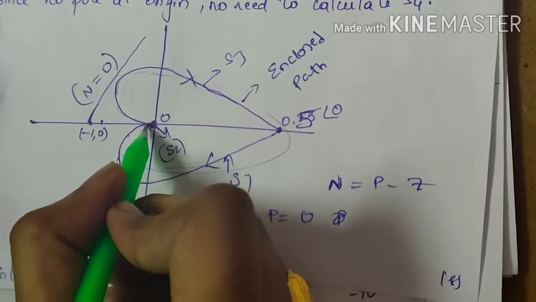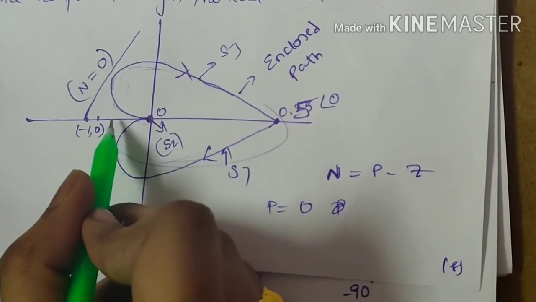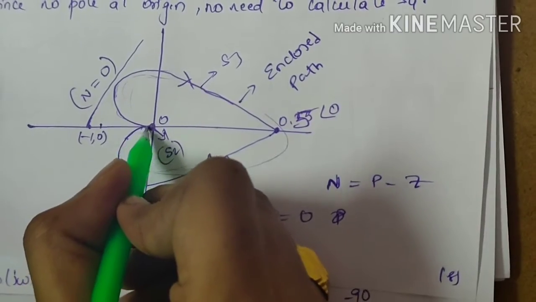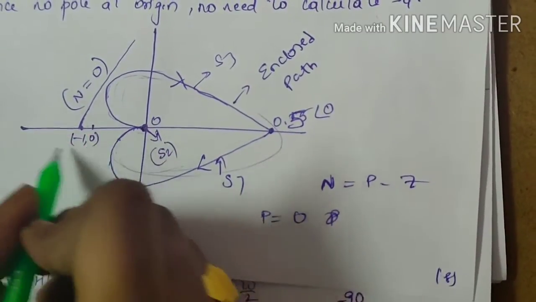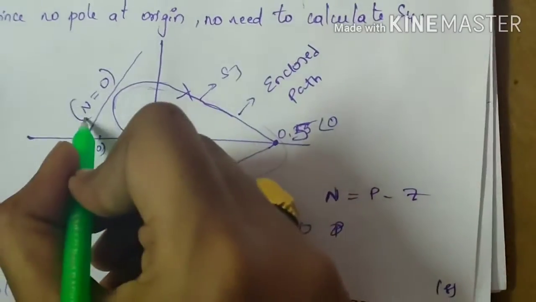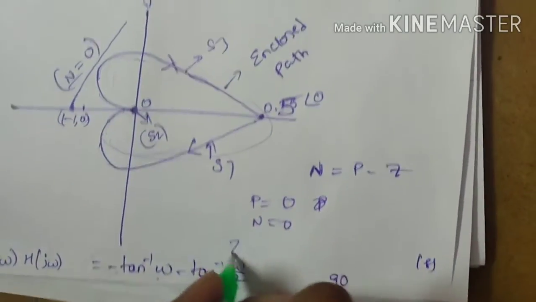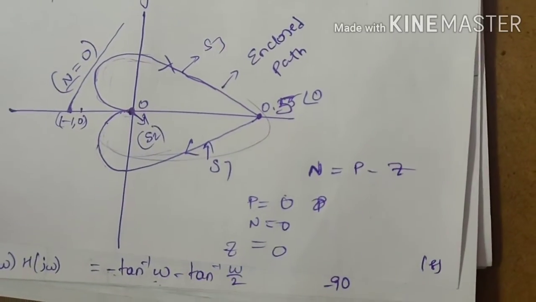Now look here. It is ending at 0. It is not even crossing minus 0.1 or minus 0.2. At minus 180 degrees angle, it is directly going to 0 at omega infinite. So there is no chance of encircling the critical point minus 1, 0. So the N value will be 0. Finally, you have the Z value. What is the Z value? N equals 0, P equals 0. So the Z value will be 0.